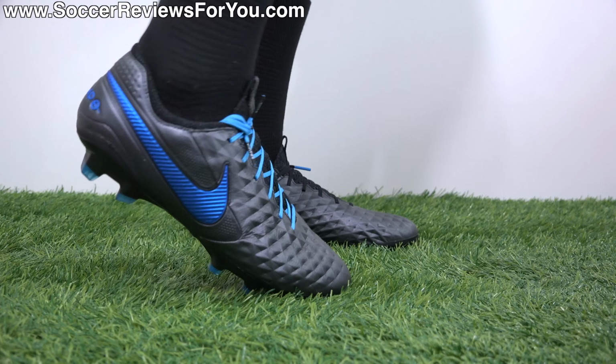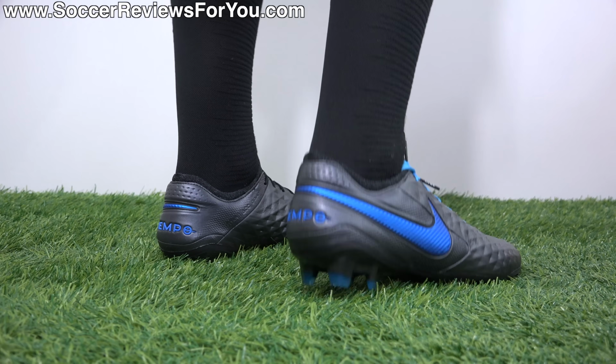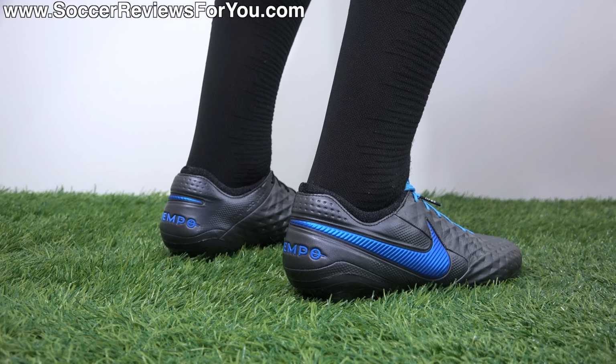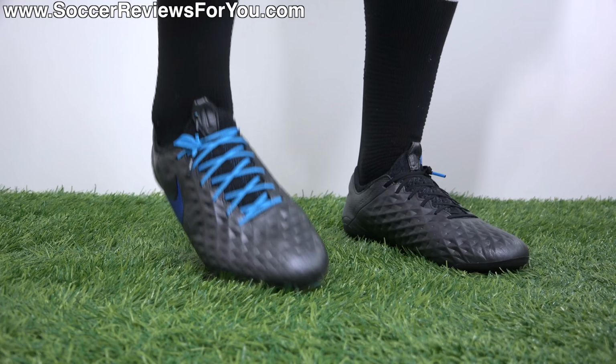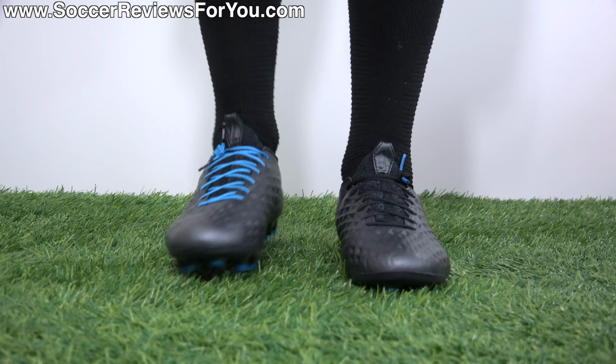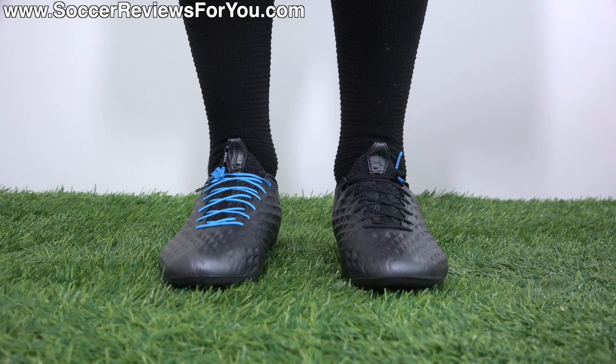The heel area is much more like a Mercurial Vapor 12 than it is a Tiempo Legend 7. I preferred the heel construction and general liner and the extra padding that you got with the previous generation, but this definitely feels good. As a whole, in terms of width, the shape of the boot hasn't really changed